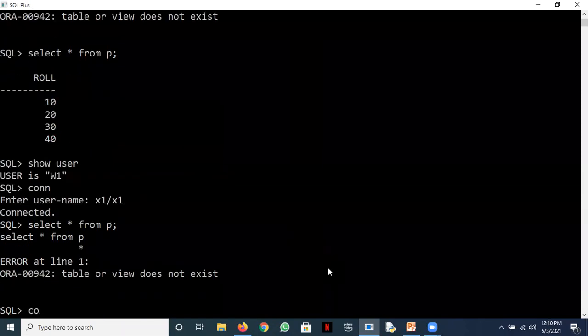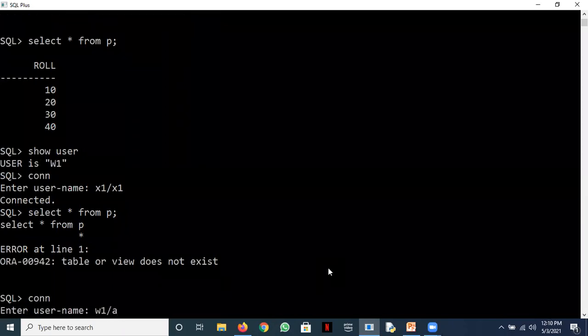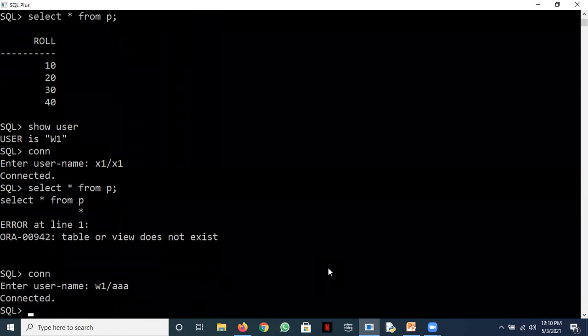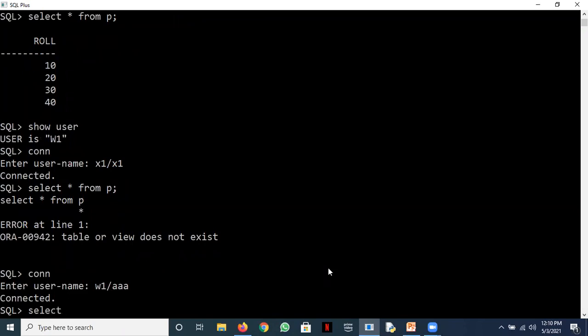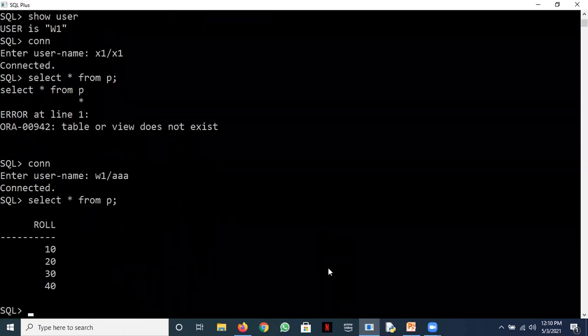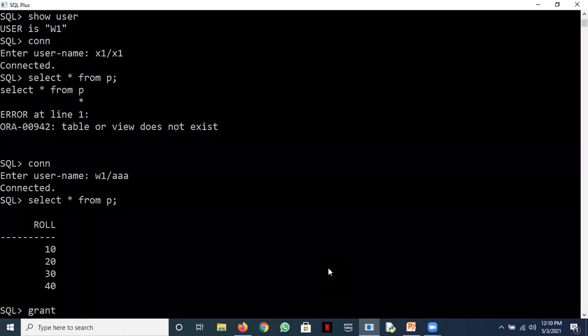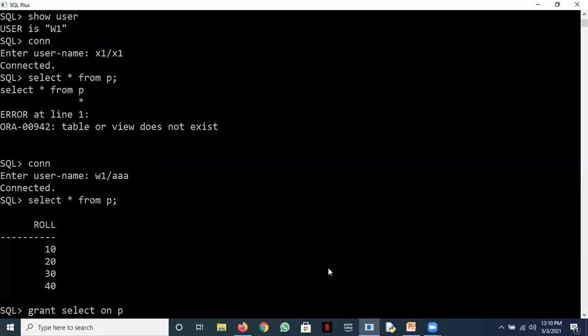Okay, so let me again connect as W1. Okay, and let me write here select star from P. Okay, now let me use a grant command. Grant select on P to X1.